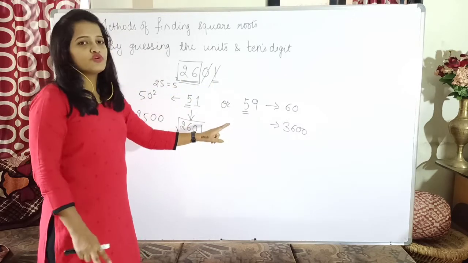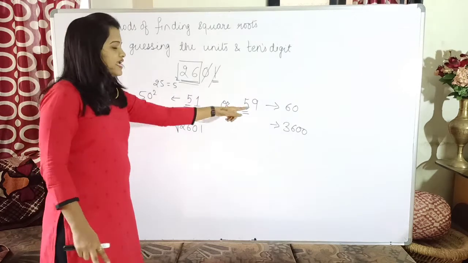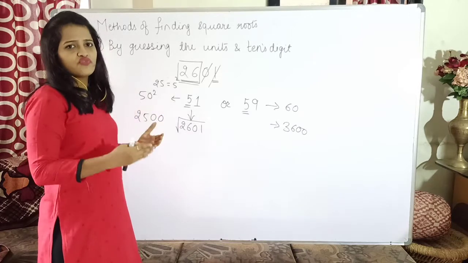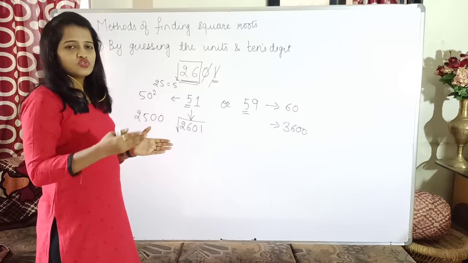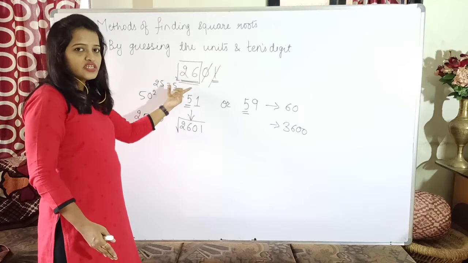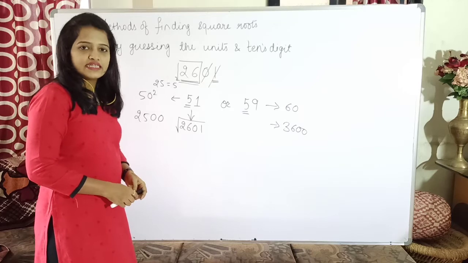Now out of these two possible values, which one is the right one? Check by the extremes, that is, within which bracket it lies, because everybody knows the squares of 50, 60, 70, 80. By that way you can calculate its square, and the value it is nearer to will tell you whose square it is.